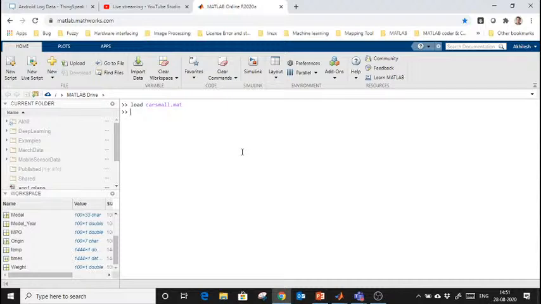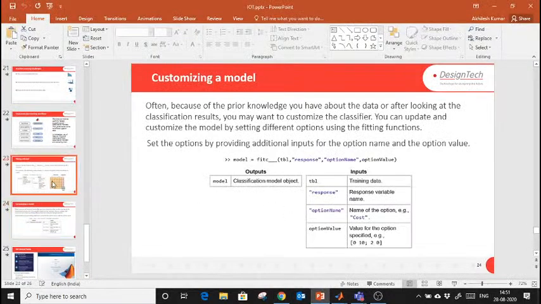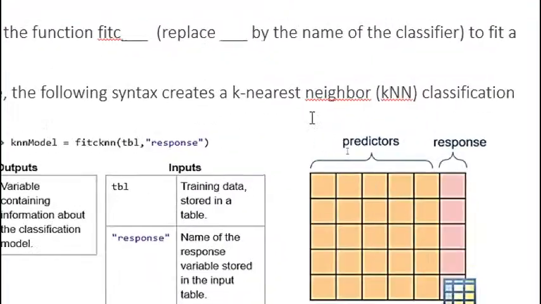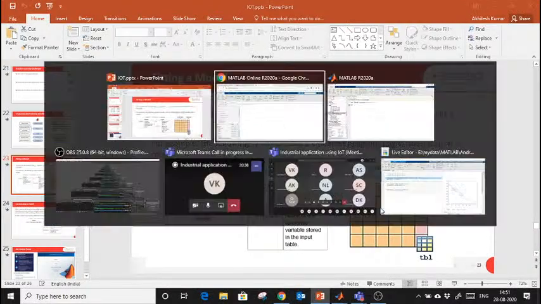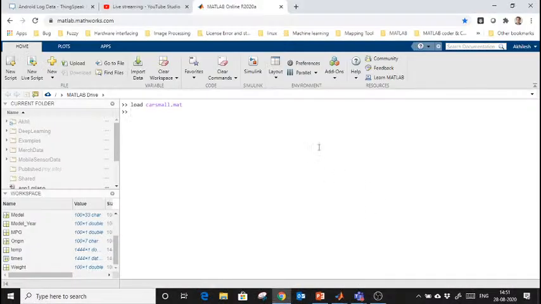Okay, so what I am going to do, as mentioned in this, I am going to create this. I will not create it as a table, I will create it as a matrix. Last will be output and remaining will be input. Okay, let's say that I am going to give it the name carData. To join multiple variables in a single matrix, we use a square bracket, like here